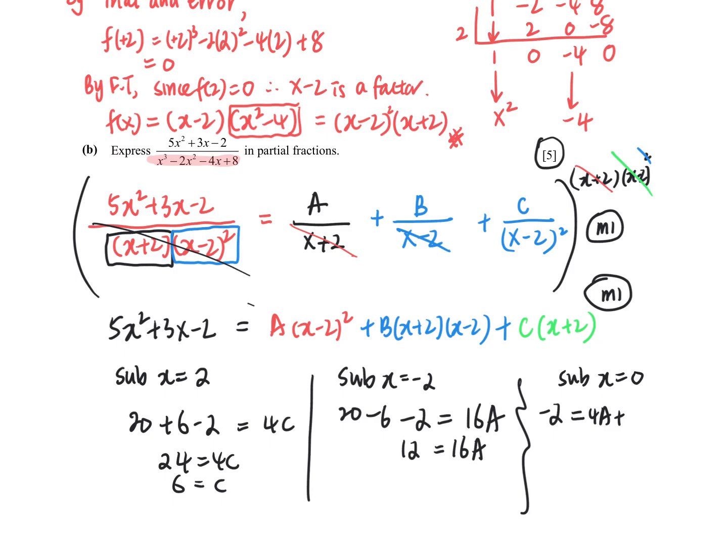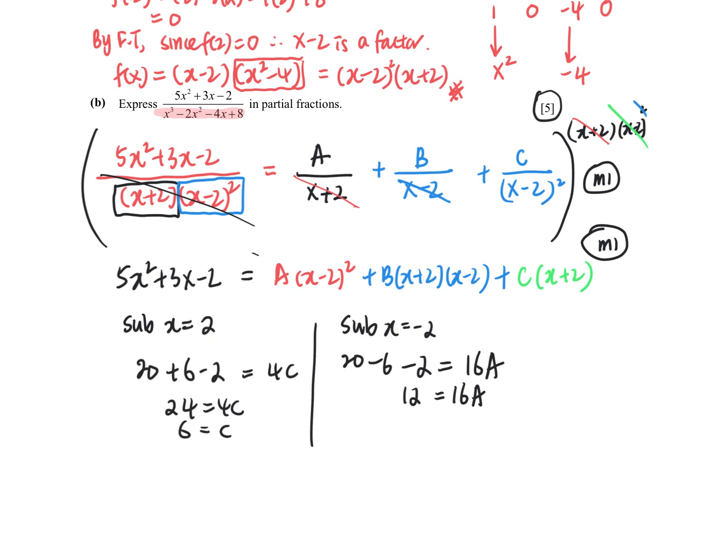This one, 0 is 2. 0 is minus 2, so minus 4b. And then this one is 2c. So now I put in my a and my c values. A is 3/4. C is 6. So this is 3. This is 12. So 15. Oh,